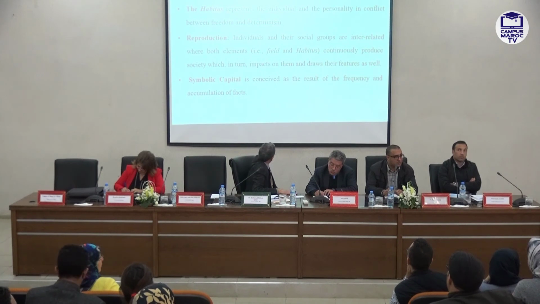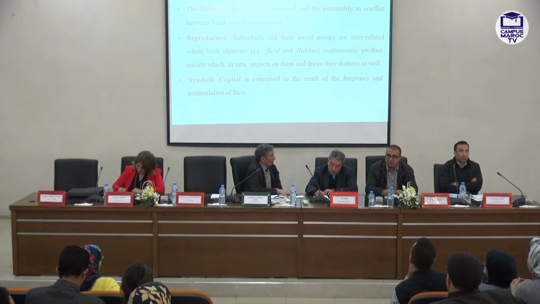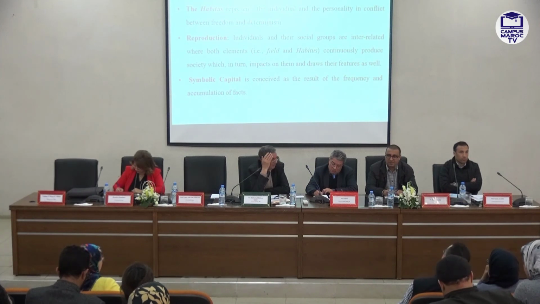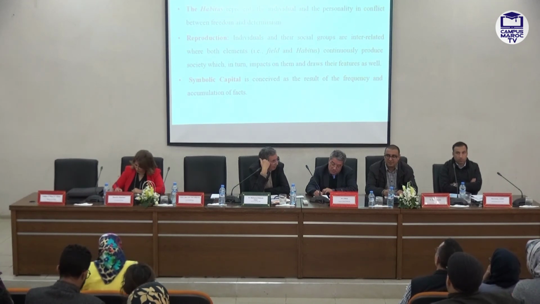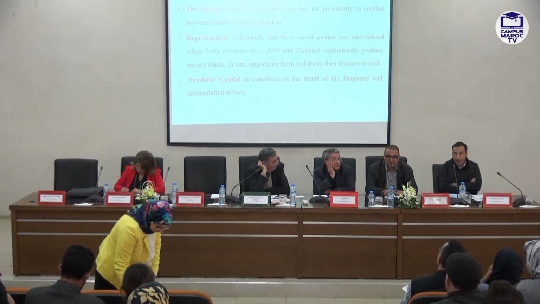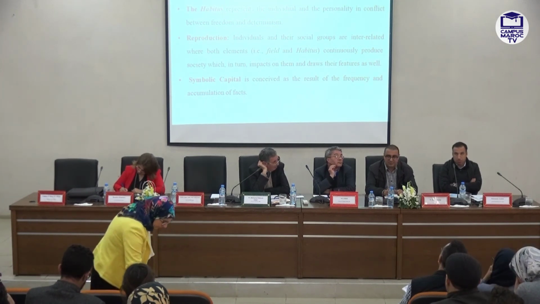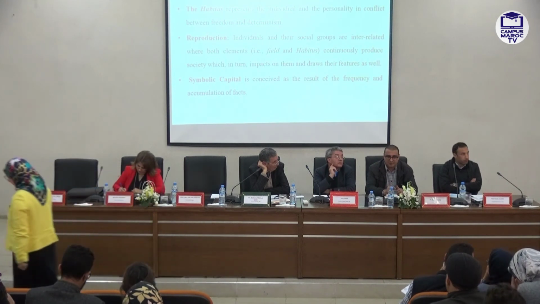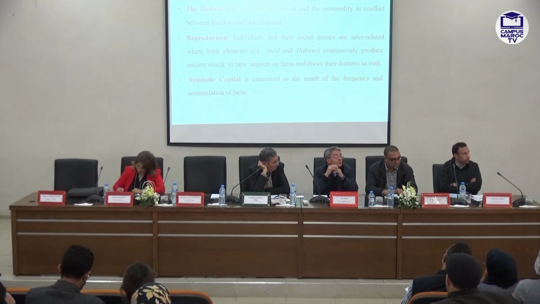The field thus represents society, human gatherings, classes, and the habitus represents the individual and the personality in conflict between freedom and determinism. In fact, these individuals and their social groups are interrelated, where field and habitus continuously produce society, which impacts on them and draws their features. Okay? Both field and habitus